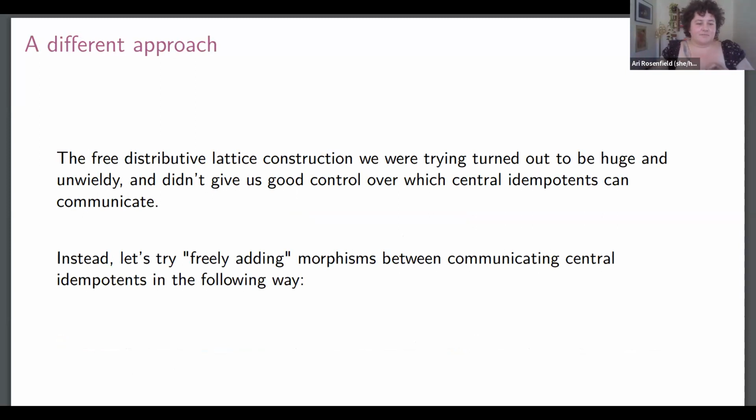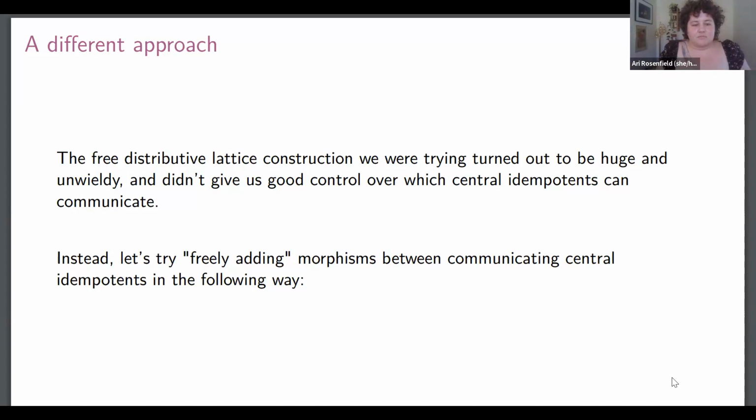It was too big. It was a big mess. And moreover, we realized that we couldn't specify, oh, just these two guys can communicate, or these two pairs can communicate. We had to make everything communicate or nothing. So we needed a new approach, and we were like, okay, let's instead try just freely adding morphisms between these